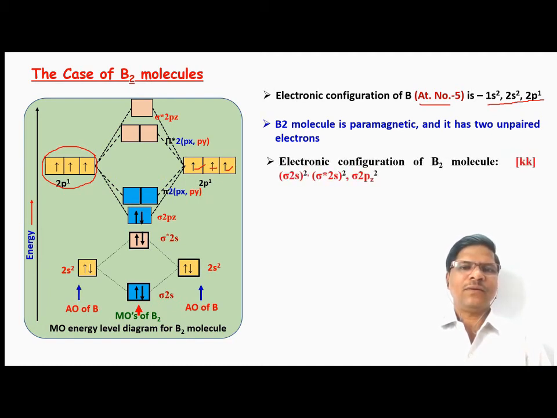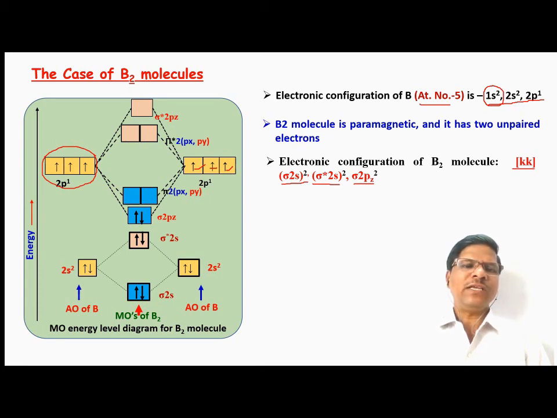Okay. So if you see the electronic configuration of the B2 molecule, it is now KK. Okay, why is KK written? This is for the 1s atomic orbitals. The K shell of electrons is filled, and there are two 1s atomic orbitals, so it is represented by KK. Sigma 2s, both electrons are paired. Sigma star 2s2, both electrons are paired. Sigma 2pz, both electrons are paired.